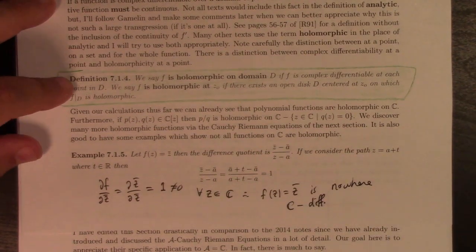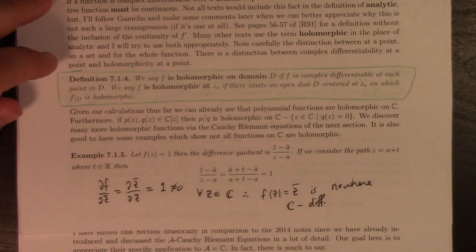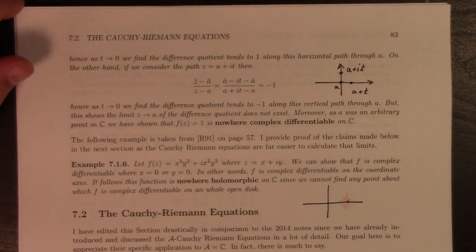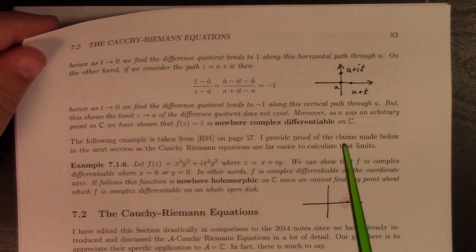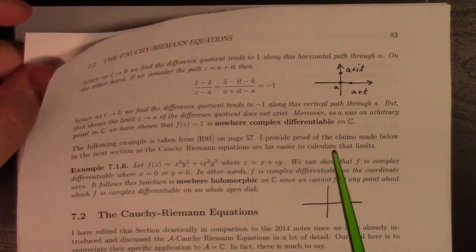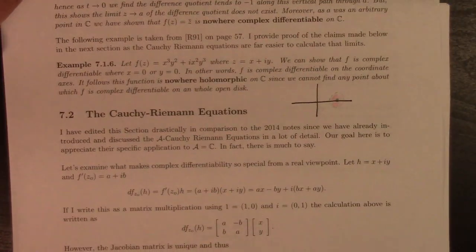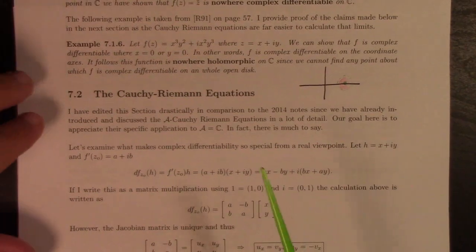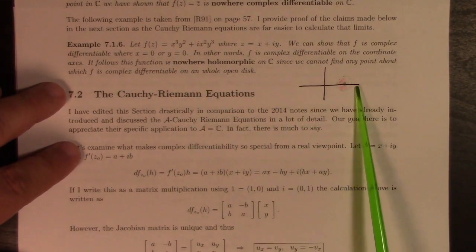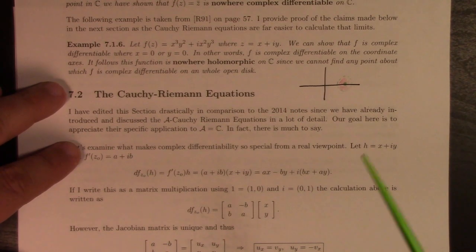Which means, of course, it is also nowhere holomorphic. It is possible to have a function which is complex differentiable at some points, but is not holomorphic, because holomorphic requires complex differentiability on some open set. And so this function is actually complex differentiable on the coordinate axes, but it's nowhere holomorphic because anytime you pick